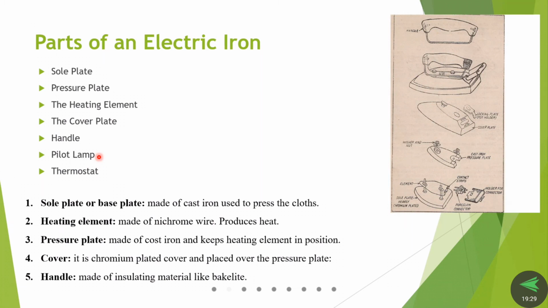Handle: even though we are placing the cover plate, it is also metal, so it will be able to transfer the heat to our hand. So to avoid those accidents, we are placing a handle, which is made up of wood or any non-conductive materials. Plastic also we are using. At the same time bakelite is popularly used, which is heat resistant. So these are the major things we have discussed about the electric iron.